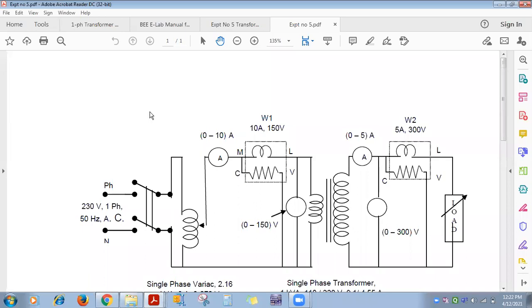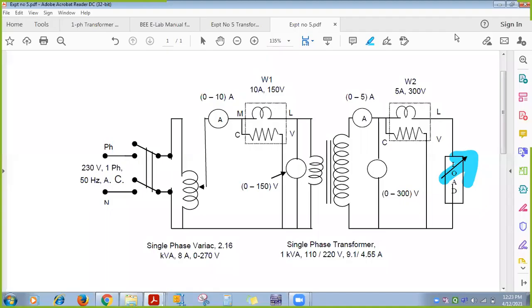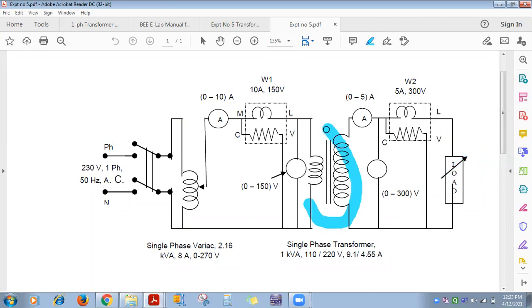Next topic. Everyone listen, क्योंकि इस पे भी न्यूमेरिकल्स इंक्लूडेड है क्वेश्चन बैंक में. To change it, okay, that is the meaning of this variable arrow. So here direct loading method we are performing on this transformer to calculate its efficiency and voltage regulation. What are the specifications given to you of transformer? It's a single phase 50 hertz transformer.